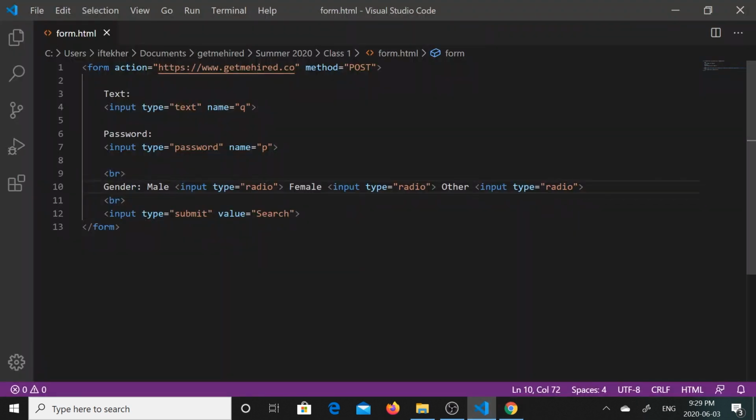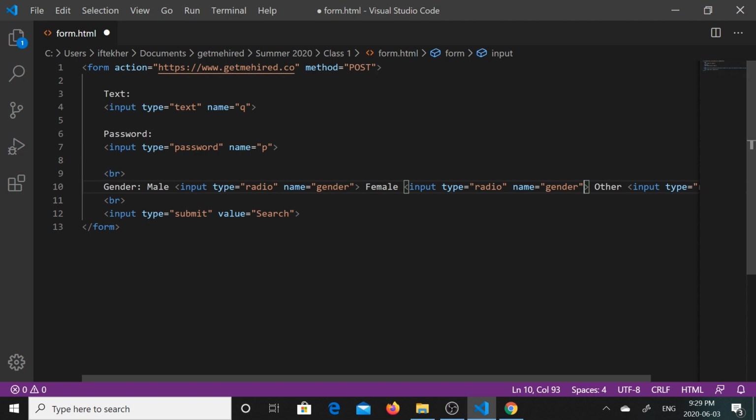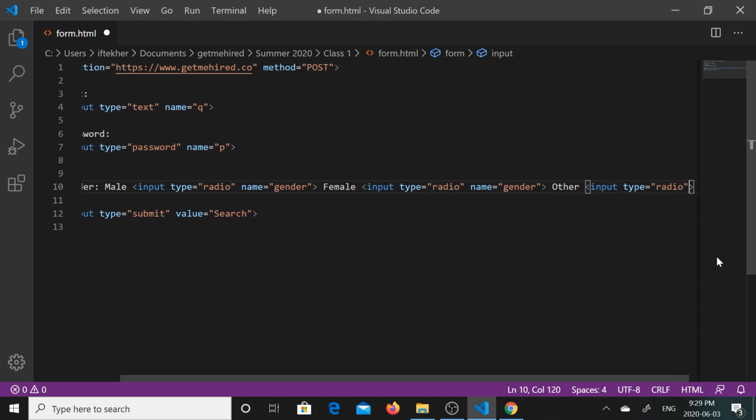And the way you can do that is you need to provide the same name for each of these fields. So in this case, I am calling this the gender field. If I put the same name for each of these radio fields, they will get grouped together so that you can